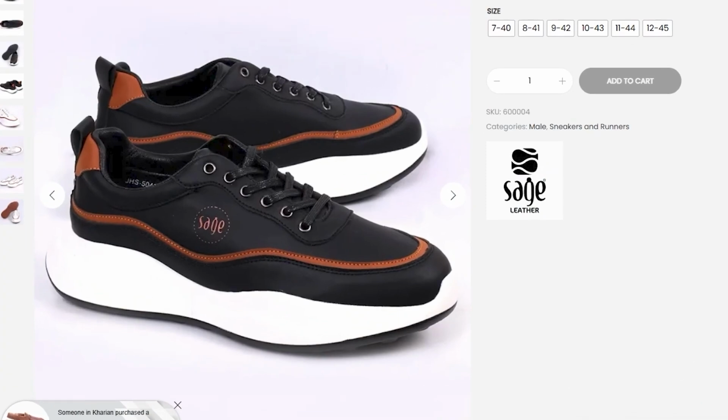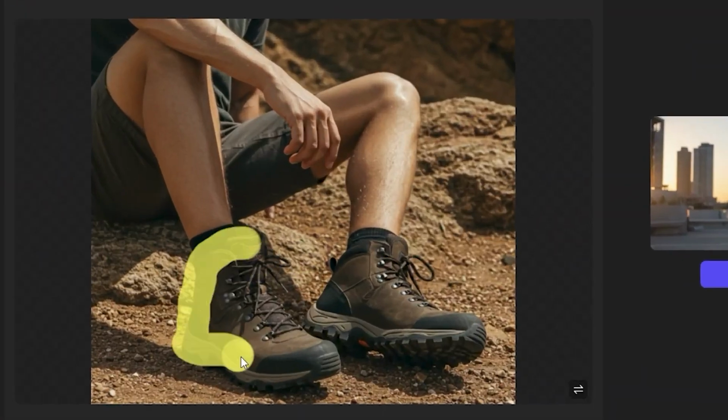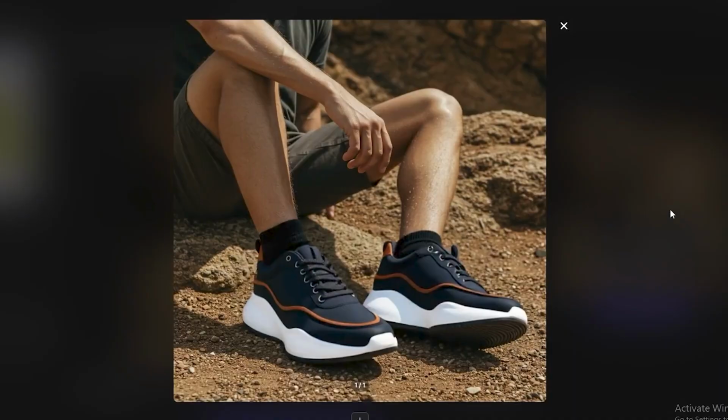Now, what do you think about these shoes? This might be complicated, right? But let's just go ahead and select some public templates. So I'm gonna select this template and again, paint with the brush, and there we have it. And look at this, man. This is exactly the same pair of shoes, and this guy is wearing this seamlessly. And can you spot any fault in this one? I don't think so.